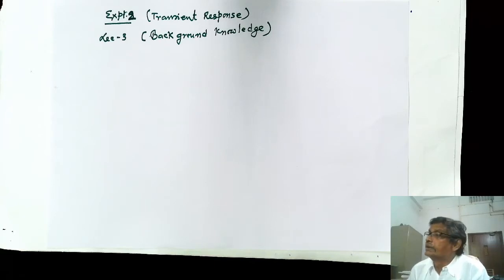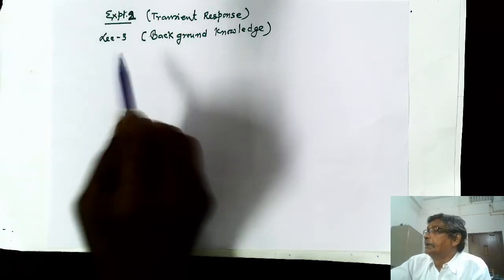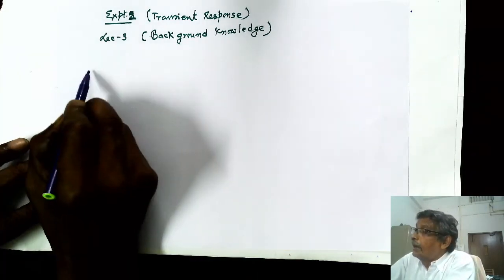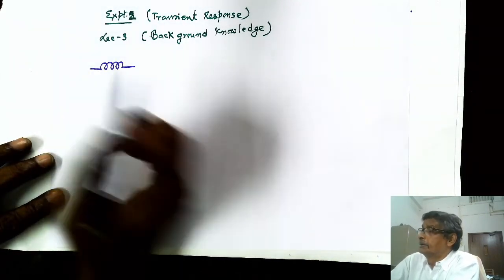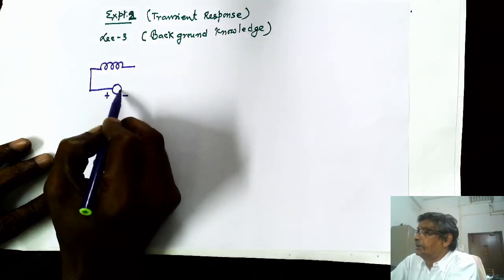and I have been discussing the background knowledge necessary to carry out experiment number 2, that is the transient response of electrical circuits. And as background knowledge, I recall that I started with the various circuit elements, and I discussed resistance. In my last lecture I discussed inductance, and recall that an inductance will henceforth be represented like that, and the applied voltage, which could be any function of time,